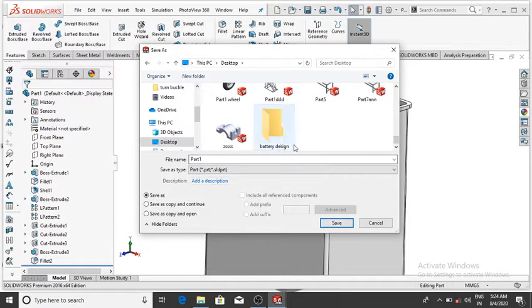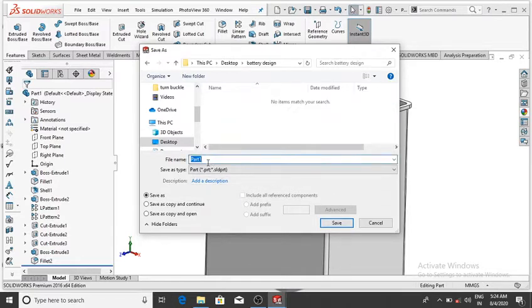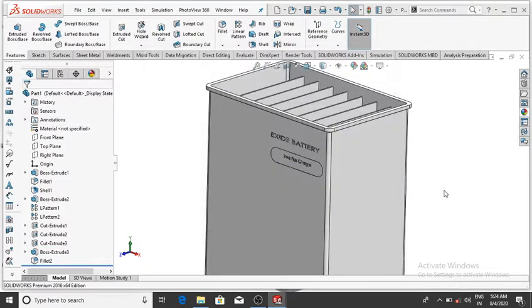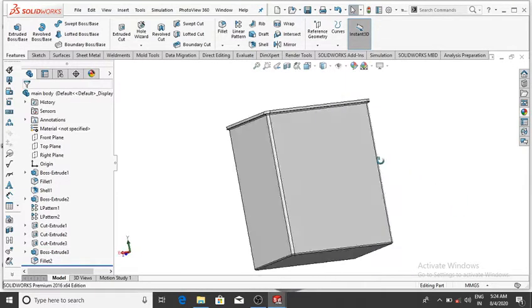Then OK, and make the file main body and save it. Now we design the upper case of this battery design.